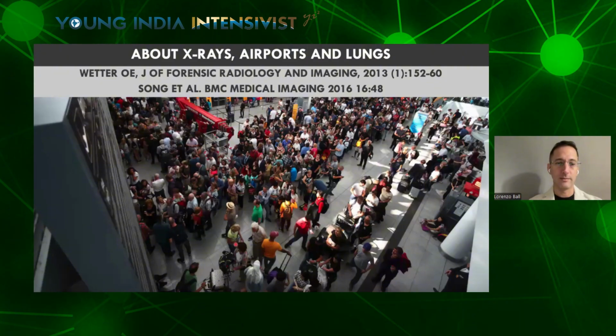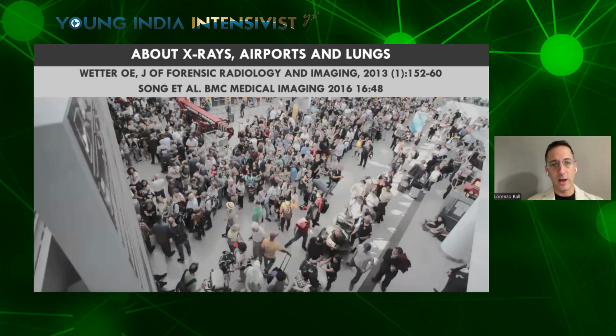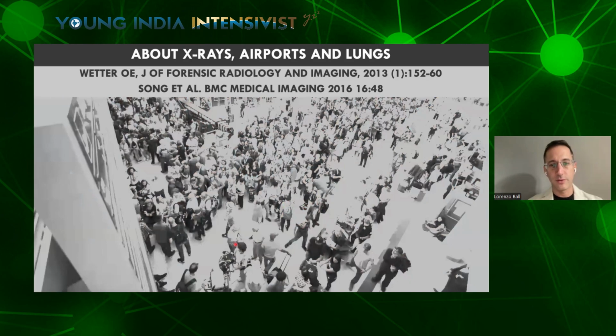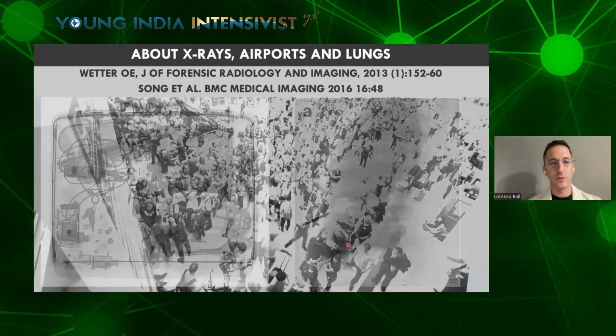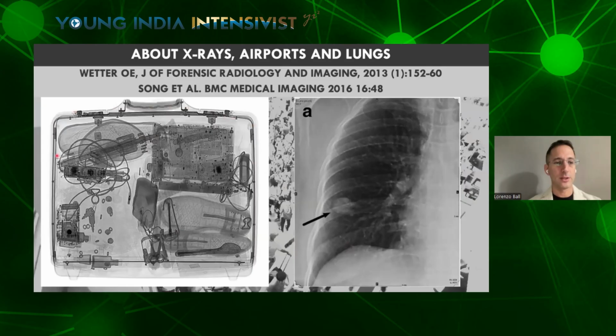I always give this example. This is a picture of an airport. And this is a picture of an airport taken in black and white. Of course, we have much less information from a black and white image. And if you go through the security checks of an airport, you will see an image like this. And if you perform a black and white chest scan with an X-ray, you will get a black and white image. But actually, those of you that are frequent travelers will probably have noticed that security scanners give a color image.